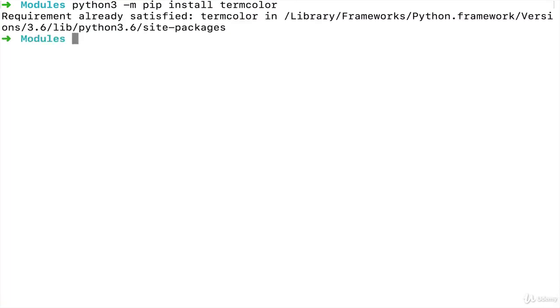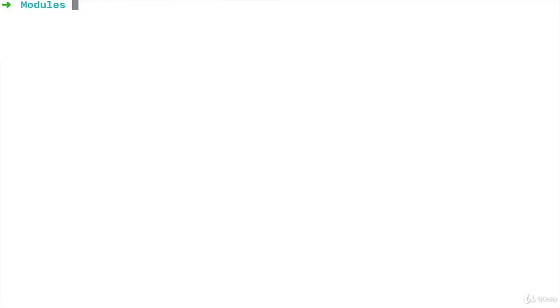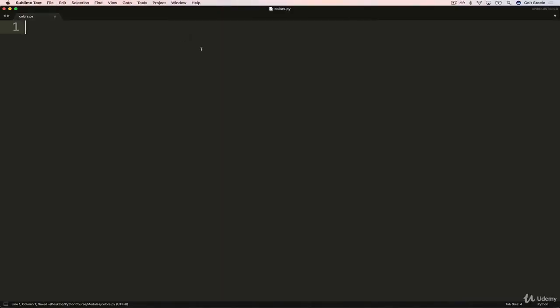I already have it installed, and so it tells me that termcolor requirement already satisfied. But if you don't have it installed, it might take a moment. It's going to actually download it. And now we have access to it in our Python files. So I'm going to make a new file. I'm just going to call it colors.py. And the first thing we need to do is import termcolor.